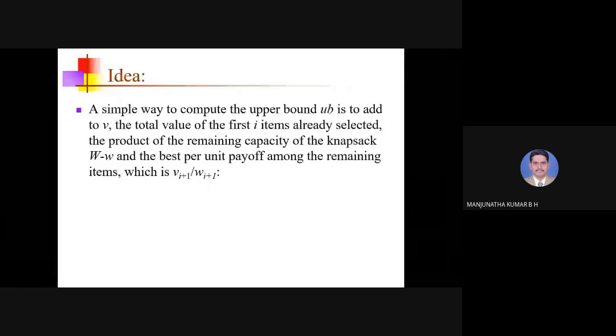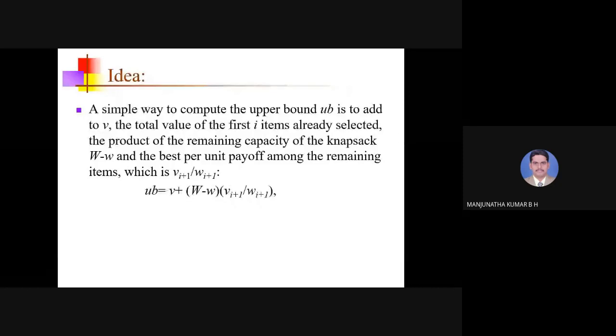First, for the root node, the upper bound is calculated. When I am considering the root node, no items are placed in the knapsack. At that time, what will be the upper bound? That value will be calculated. Next, by placing items into the knapsack one by one, we are going to change the upper bound value. Finally, when the knapsack is full, when all the items are considered for insertion, we will end the process with the optimal solution. The final upper bound value will be the optimal solution to the given problem.